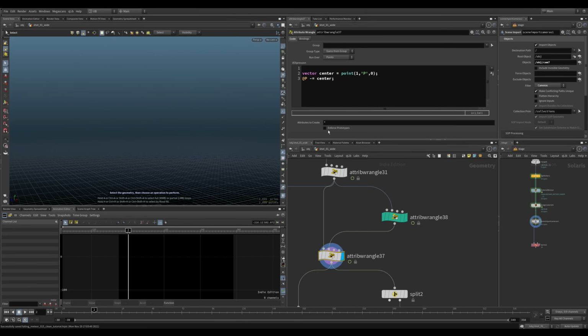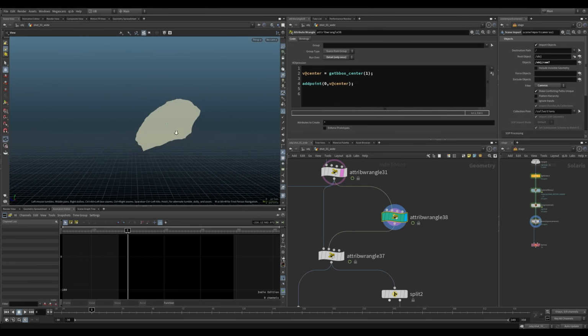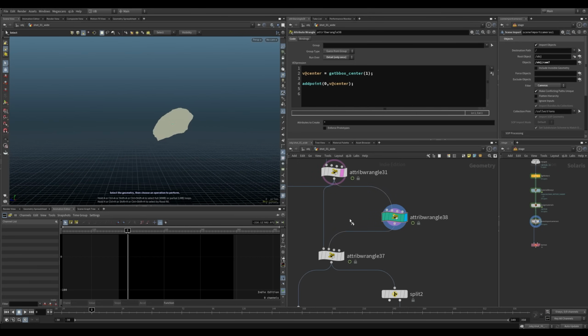And now I'm gonna negate the position of this point. So we got our point, and this point is still moving based on our meteor. It's right here. You can see it's in the middle. And with this wrangle, we negate it. I pick the point attribute, the position attribute on the points